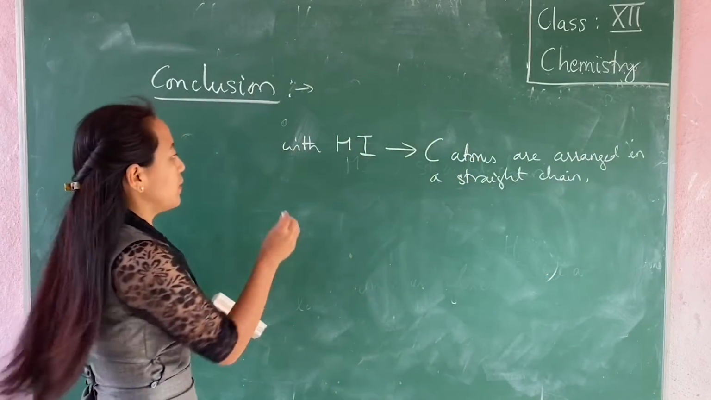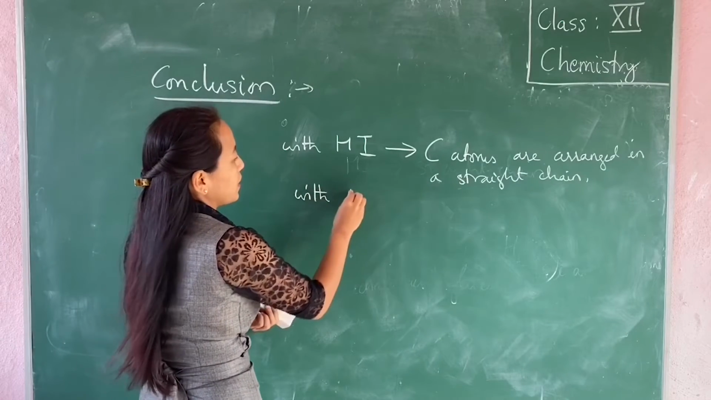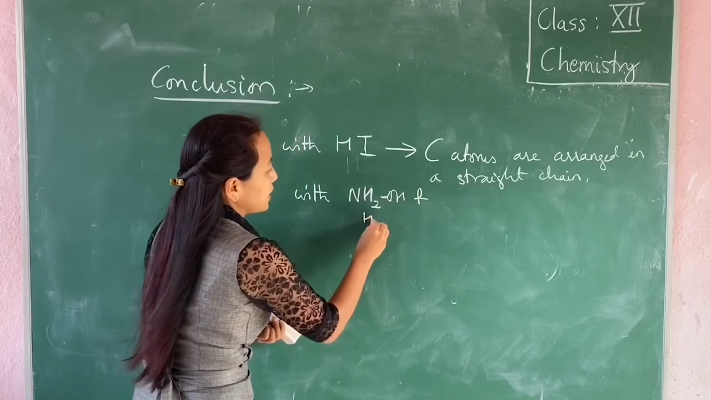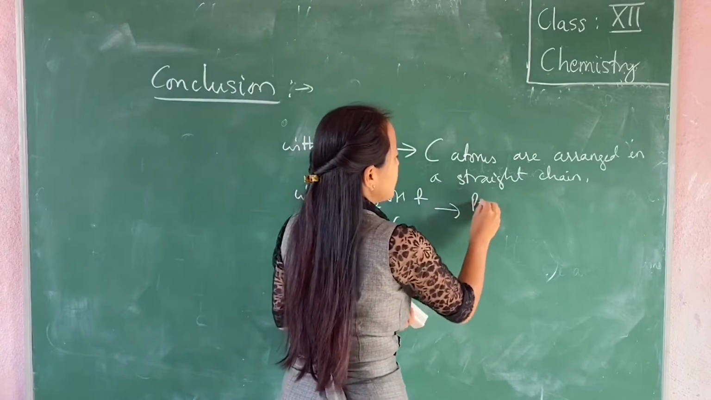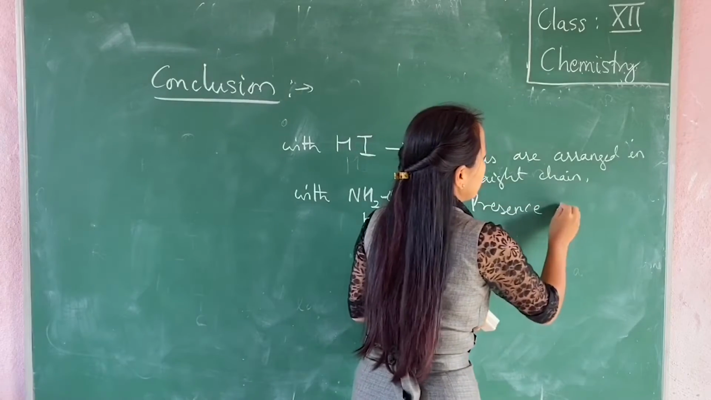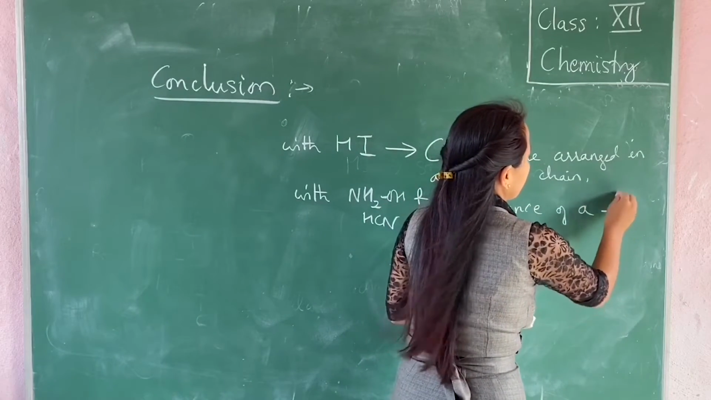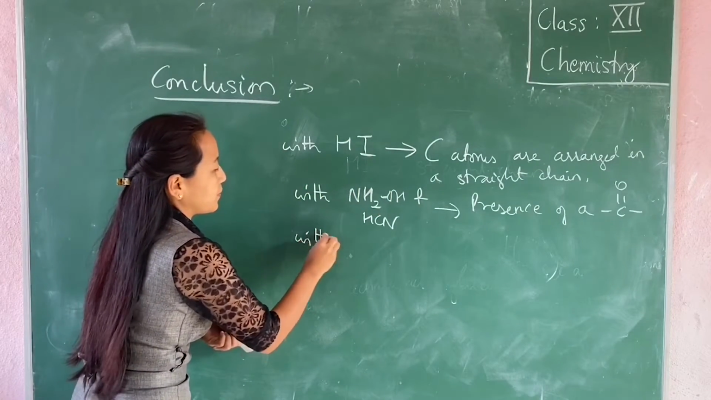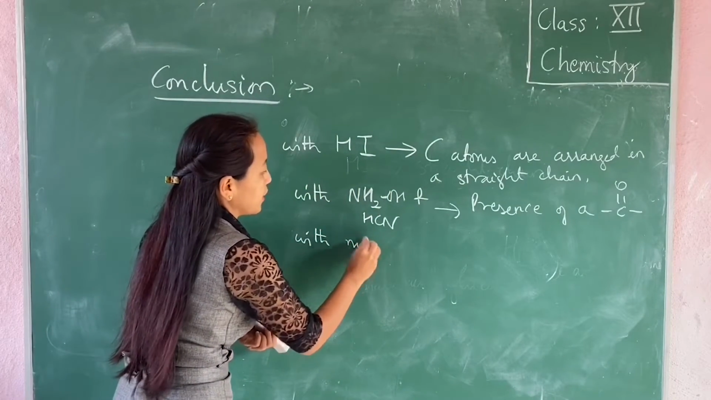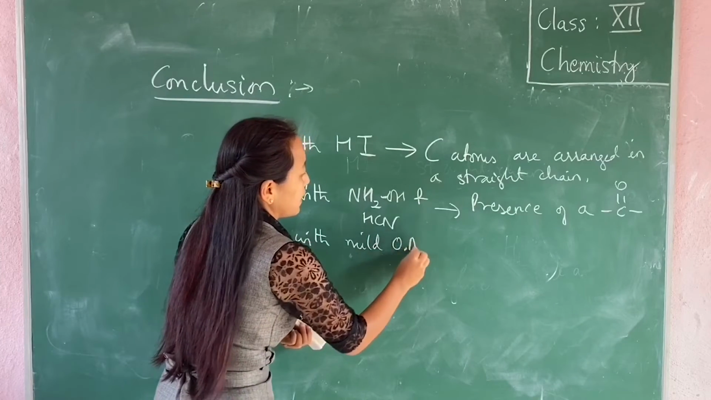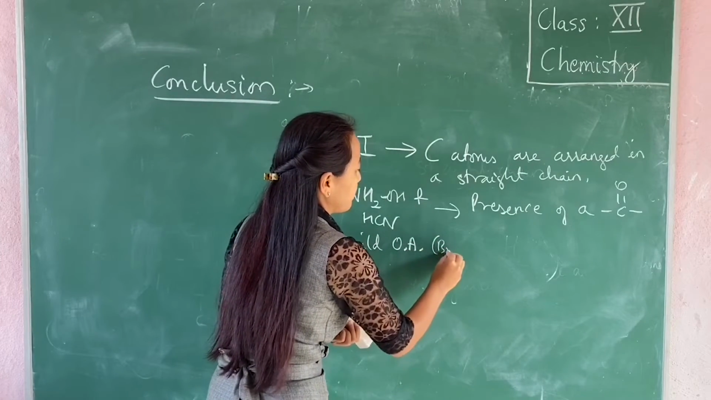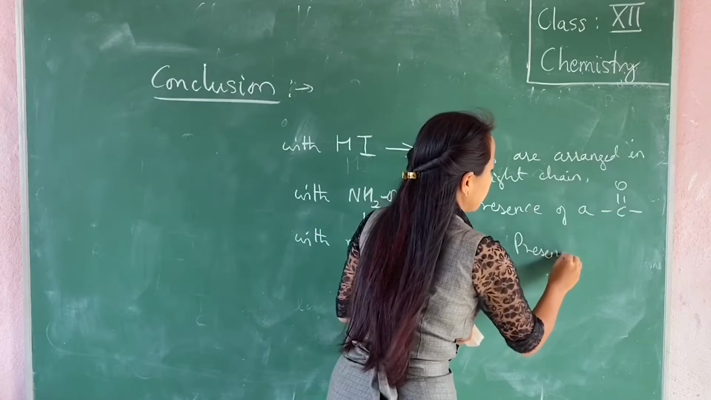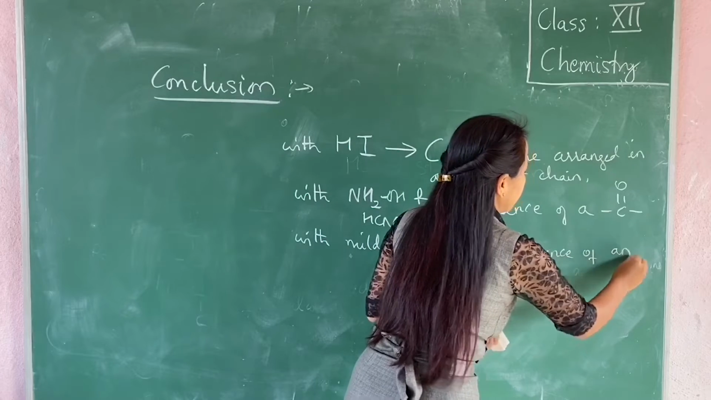And with hydroxylamine, that is NH2OH, and hydrogen cyanide, it showed presence of a C double bond O group. And then the third was reaction with the mild oxidizing agent, that is bromine water, it showed the presence of an aldehyde group,